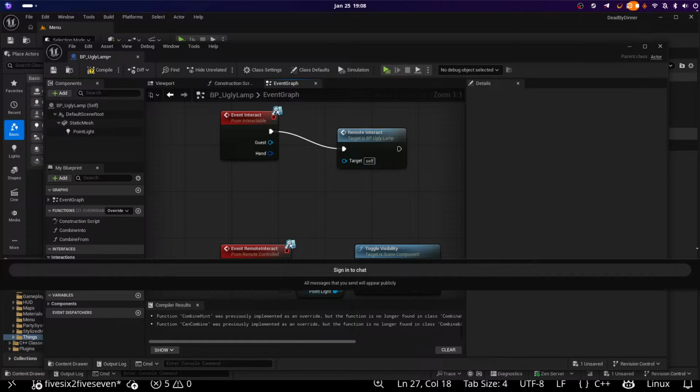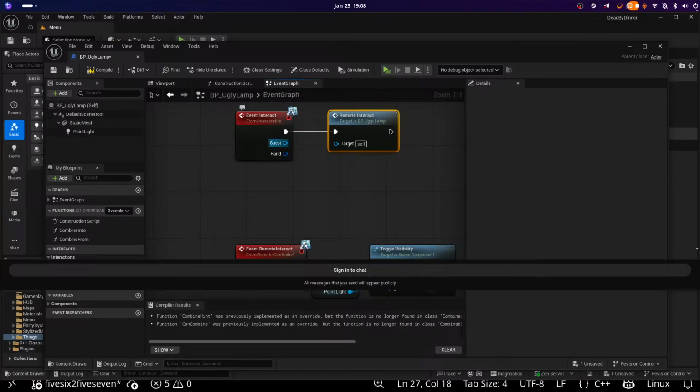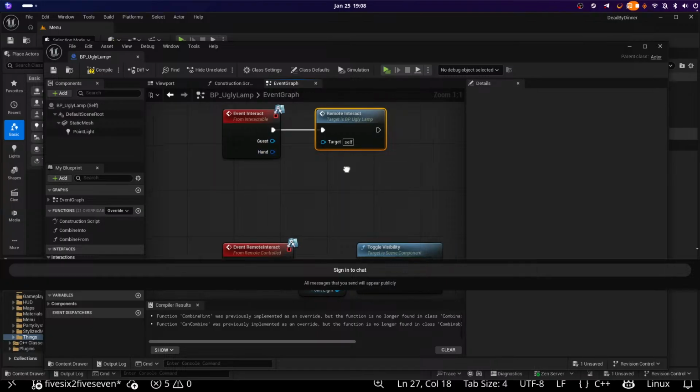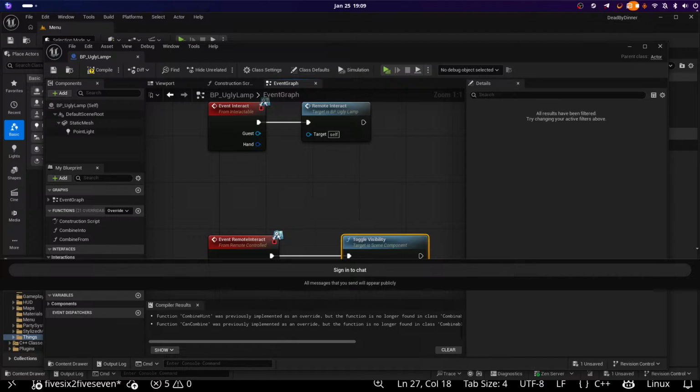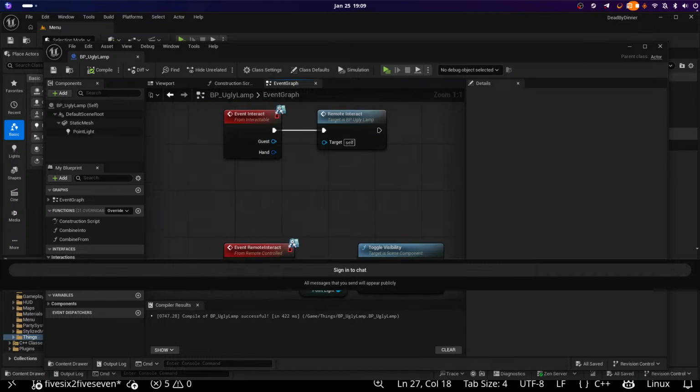Okay, so what I'm doing here is I've moved the interact to remote interact. The idea is that this lamp doesn't care who is switching it and what hand they're using. It just switches it on and off. So we're going to move switching it off and on to the remote interact, because it also can't care, because some other thing is doing the remote-ing. So we do that, and then theoretically this should still work. I'm not going to test it out right now. What I'm going to do instead